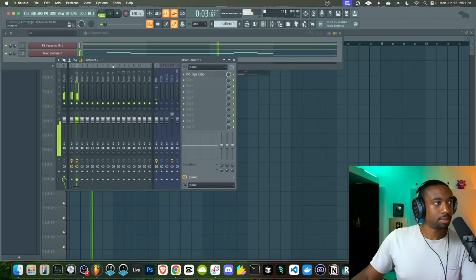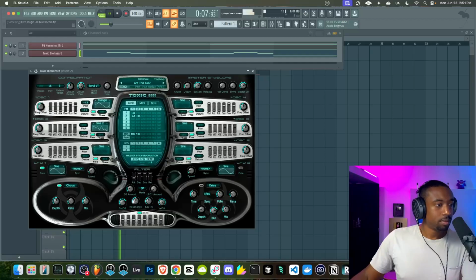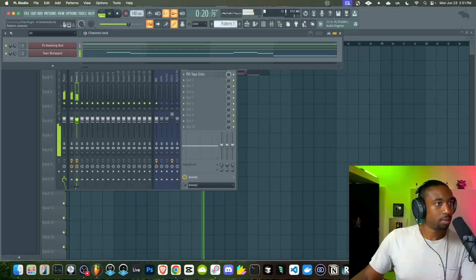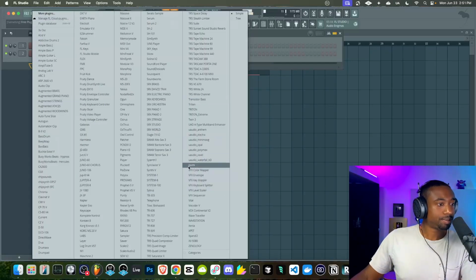This is a nice bounce. So I'm just fixing the filter. So we're adding echo to a bass. Okay, now we have the contrast layer.